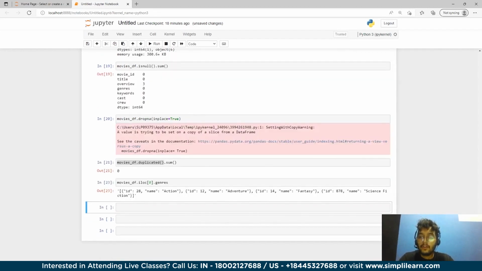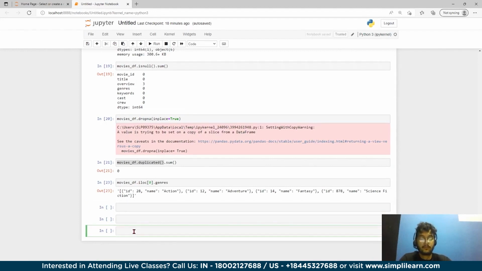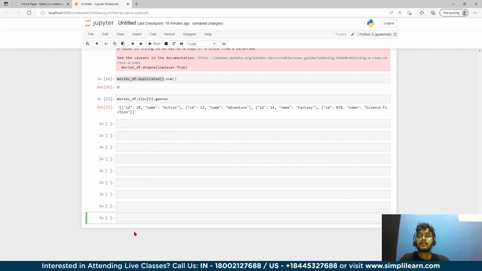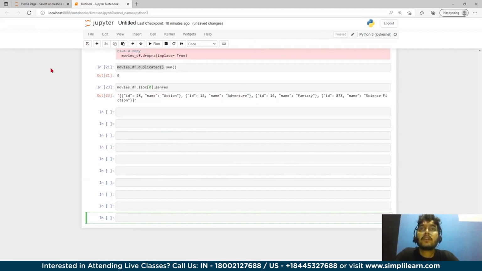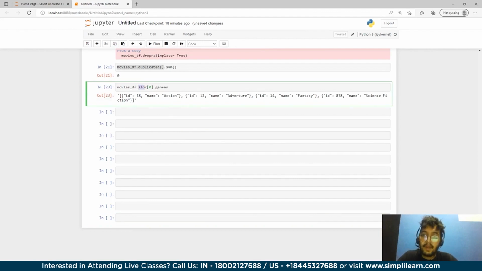So the iloc function in Python is defined in the pandas module that helps us to select a specific row or column from the dataset. Using the iloc method in Python, we can easily retrieve any particular value from a row or column by using the index value. So here the 0th position line is coming,